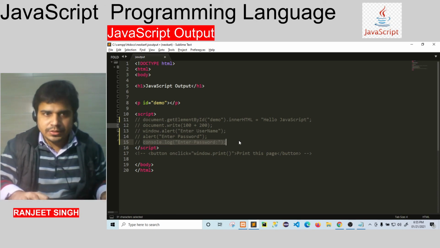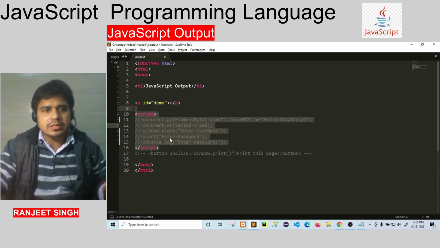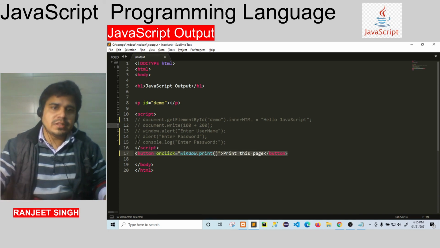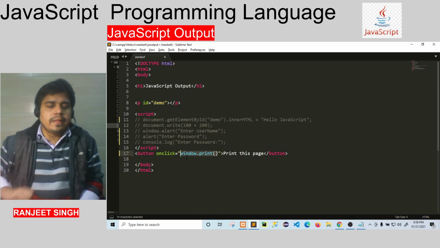Now comment this. This script is completed. Now we will see the button. This is the button, and we will see one method, the window.print method, which prints the current window.